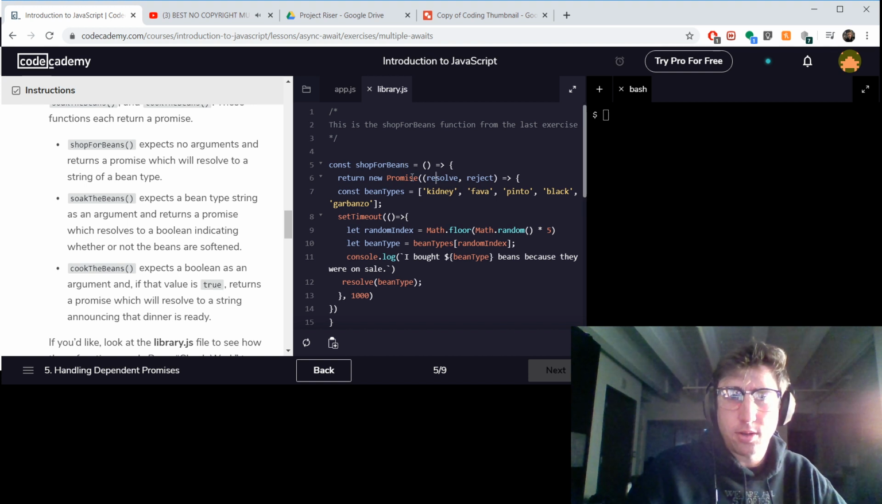So resolve is an argument of the promise, and then the syntax down below. Is this still inside of the set timeout? Yeah. Okay. Resolve bean type. And bean type was the output of that random selection between this array. Okay, so after 1 second,